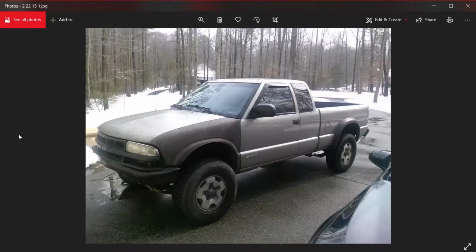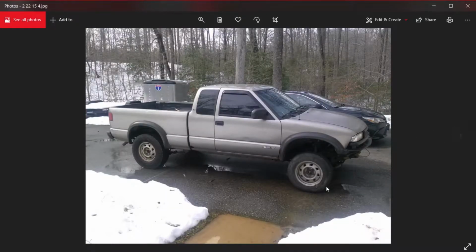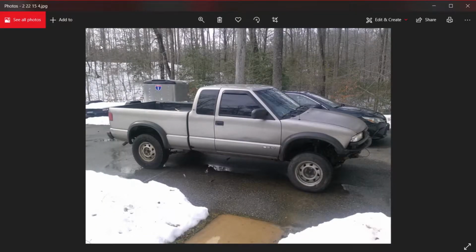If I bring it back to pictures here, you see how the front end looks. There's another picture here, let me get to it. There's the interior again. So you see here, it's got 3 different sized wheels on it, and 2 different wheels itself. If we see this one, you see those tires and wheels, and then this one, 2 different ones as well. But as I was saying about the front end,